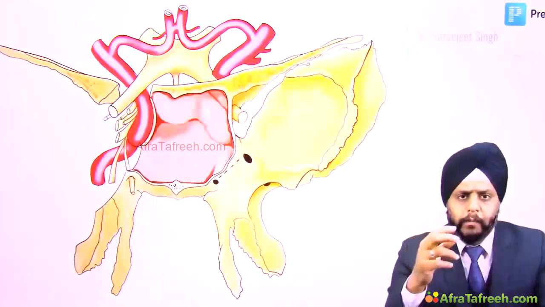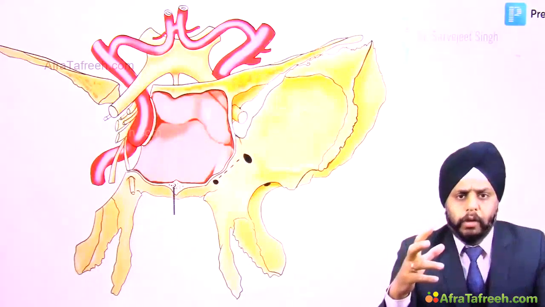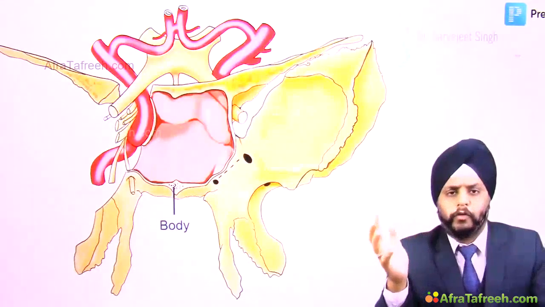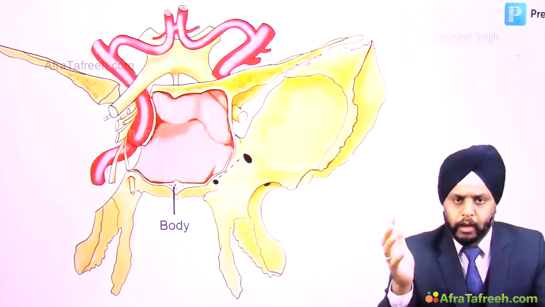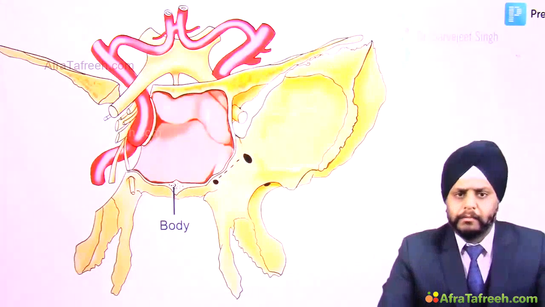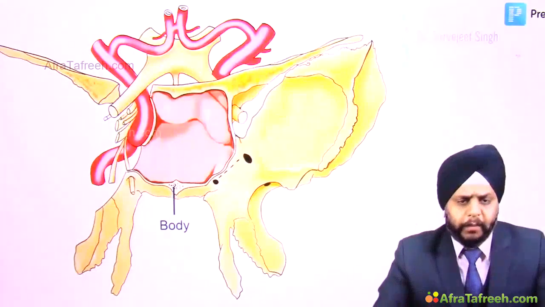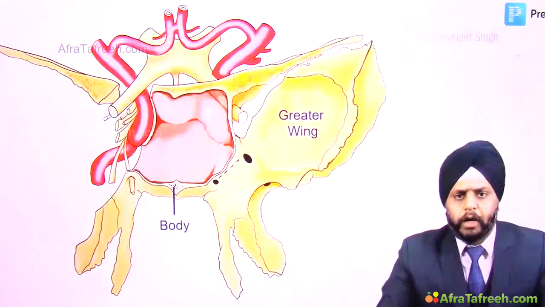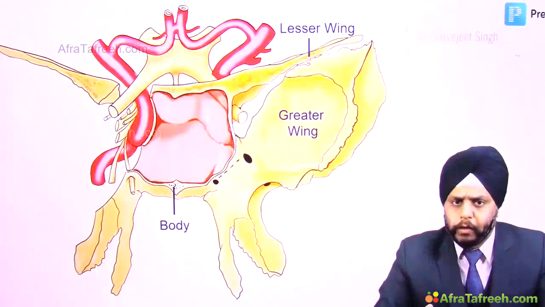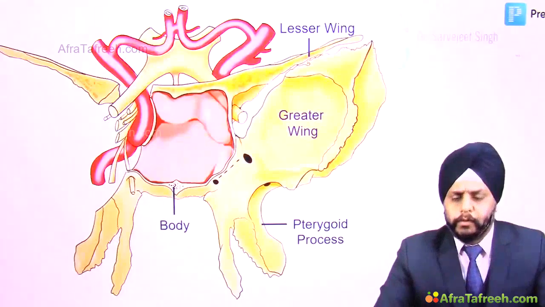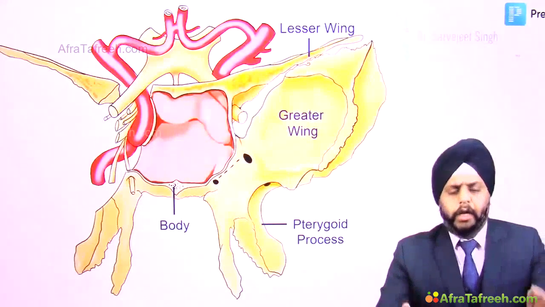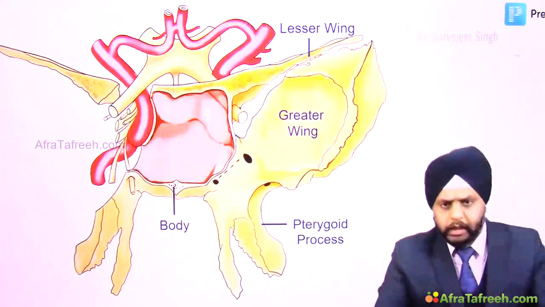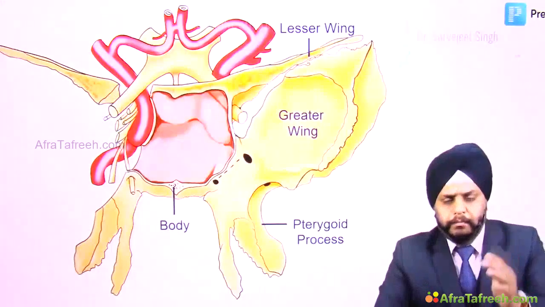Okay, what are the different parts of this sphenoid bone? In the center we have the body that is of course pneumatized to form the sphenoid sinus. It is divided in the center by the intersinus septum. So that part we have discussed. What else do we have? We have the greater wing of sphenoid, we have the lesser wing of sphenoid, and we have the pterygoid process. The pterygoid process has two plates, the lateral pterygoid plate and the medial pterygoid plate, as you can see